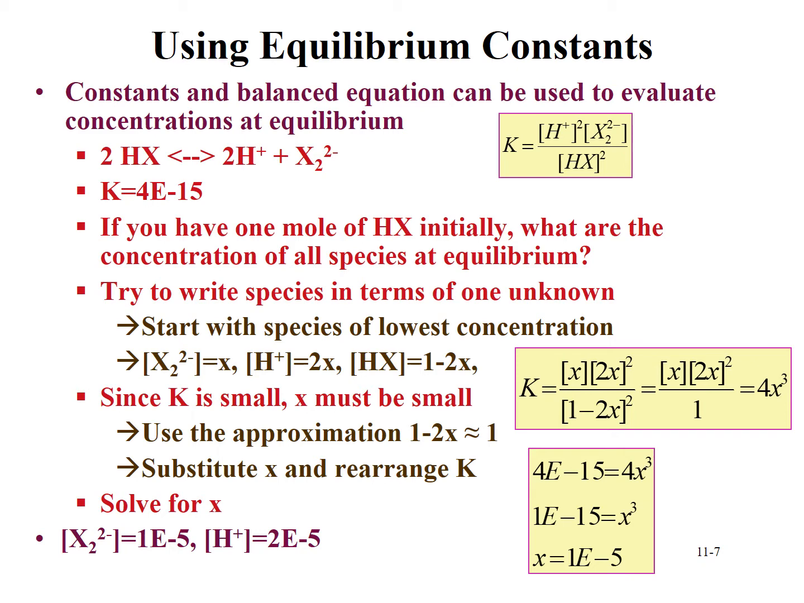So if we say that this dimer is equal to X, the proton concentration is twice the dimer concentration, and then the concentration of the starting compound is just equal to 1 mole minus 2 times X, because it takes twice the X, so I need to multiply the value of X. Well, since K is small, X must be small. And 1 minus 2x we're going to approximate with 1. So this is a way of solving this equation